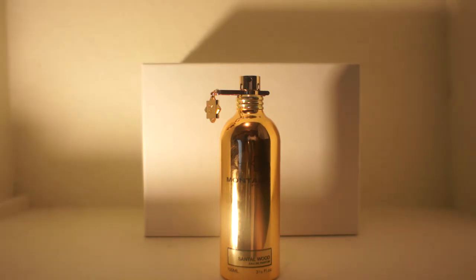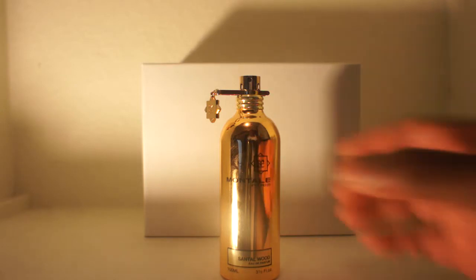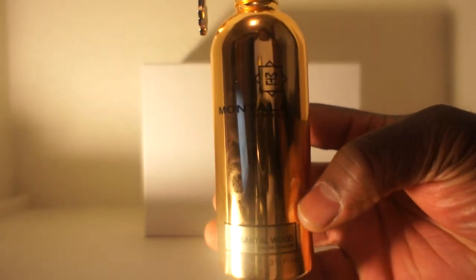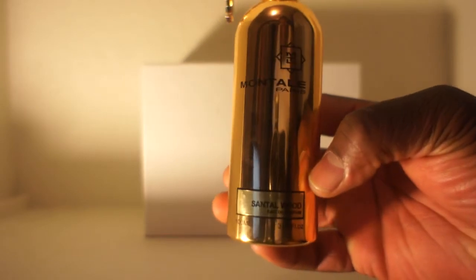Today we're doing a review on Montale's Santal Wood. So this is actually one of the first Montales I've purchased. It's Santal Wood,